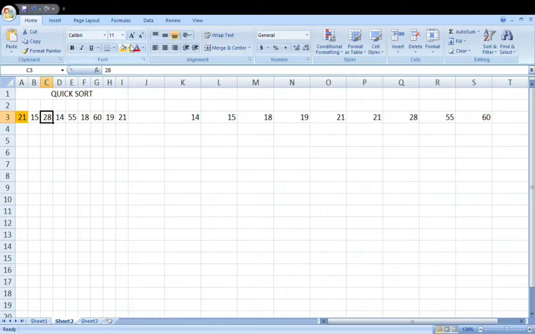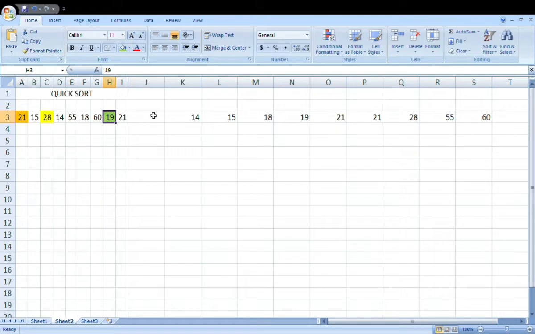So here it stopped, and at the same time, it will try to find a smaller value, starting from the end and navigating towards the left. 21 is not smaller than 21, but 19 is smaller than 21, so it found the smaller value.